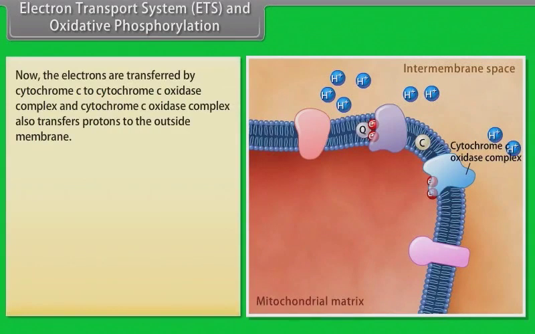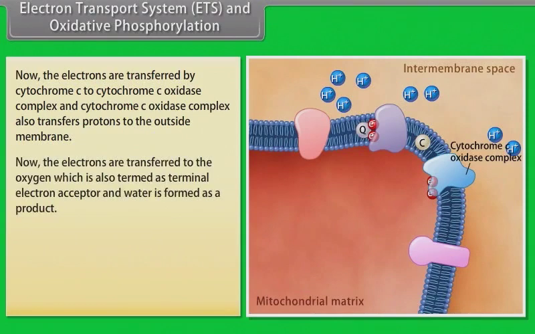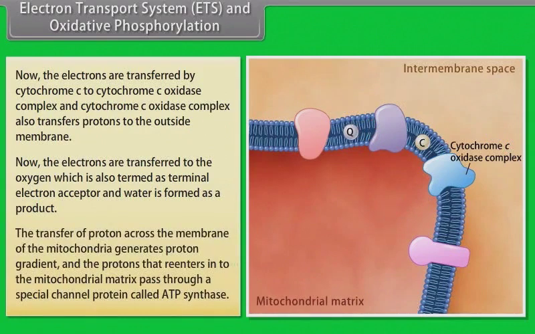Now the electrons are transferred by cytochrome C to cytochrome C oxidase complex, and cytochrome C oxidase complex also transfers protons to the outside of the membrane. Now the electrons are transferred to the oxygen, which is also termed as terminal electron acceptor, and water is formed as a product. The transfer of protons across the membrane of the mitochondria generates a proton gradient, and the protons that